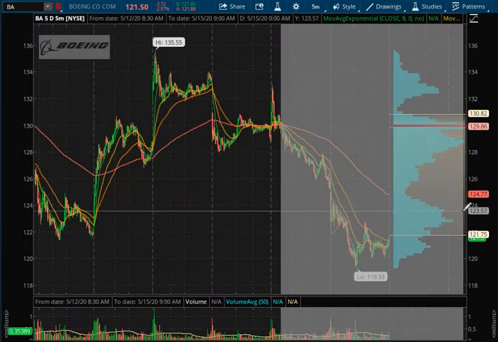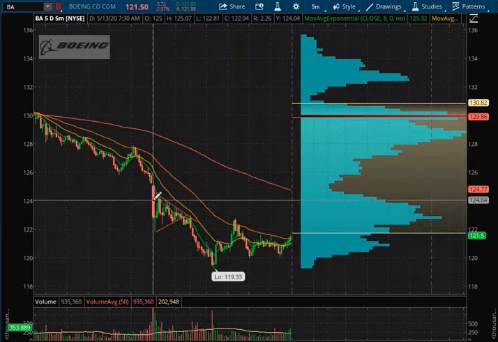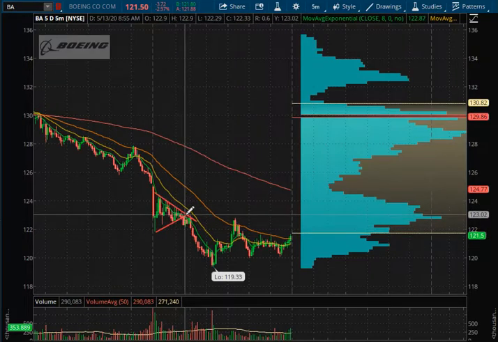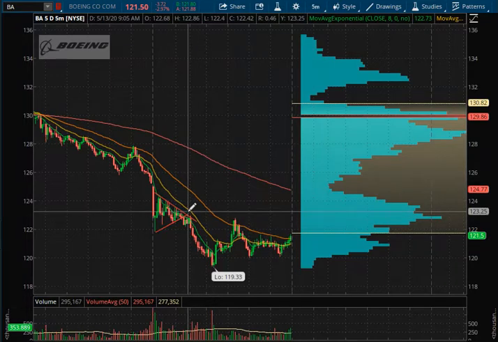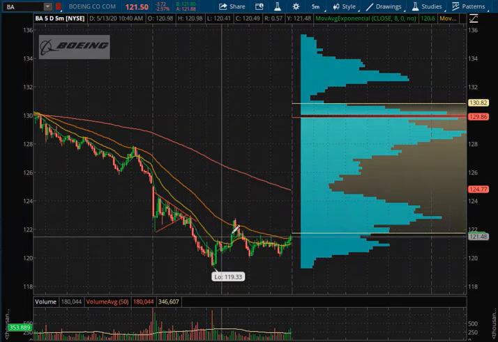And right off the open, Boeing opened at right around 125. So that gives us good risk reward on the trade. We have what should be a better entry area where we could still get continuation to the downside, and that's exactly what happened. I shorted at 124, covered on the way down when Boeing put in this consolidation on the 5 minute. I shorted again with a stop at like 123.30, covered on the way down, and